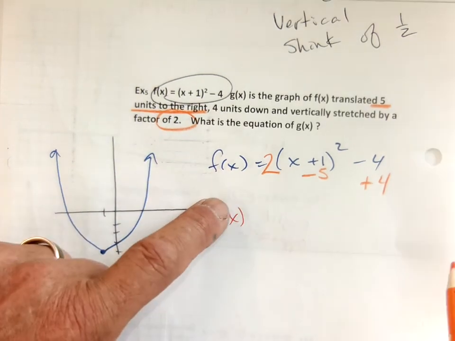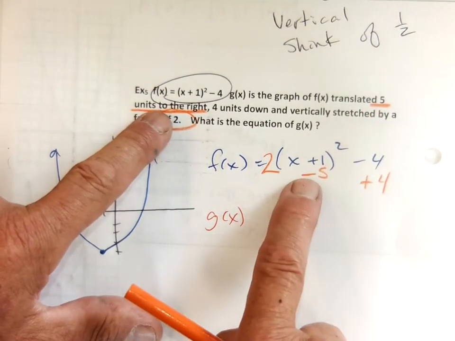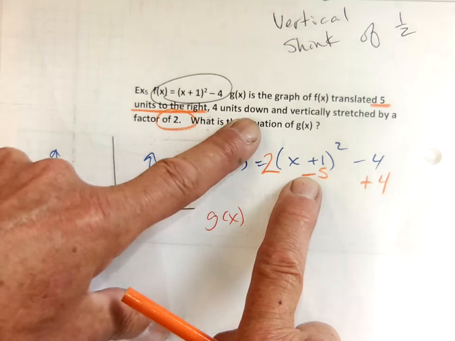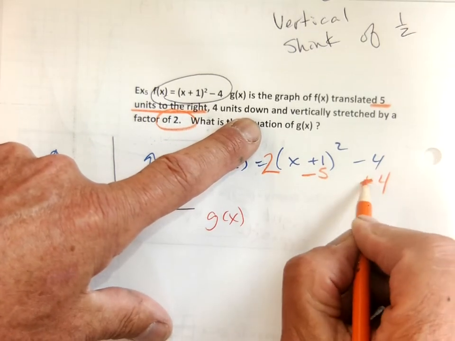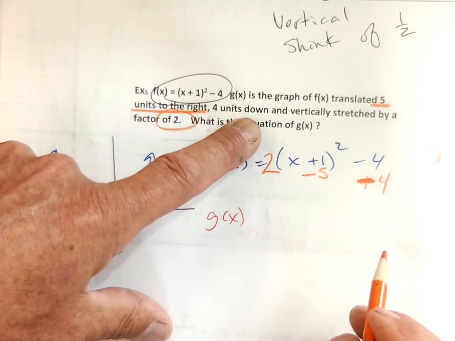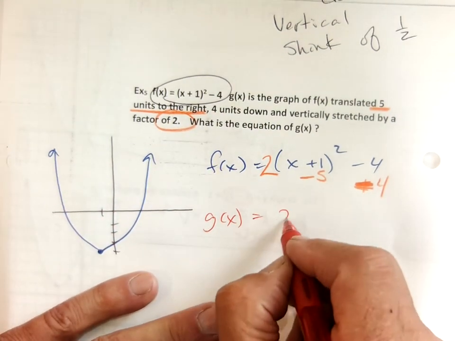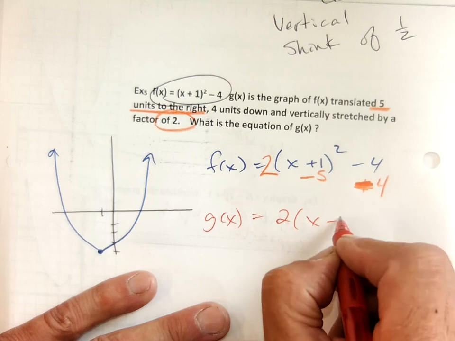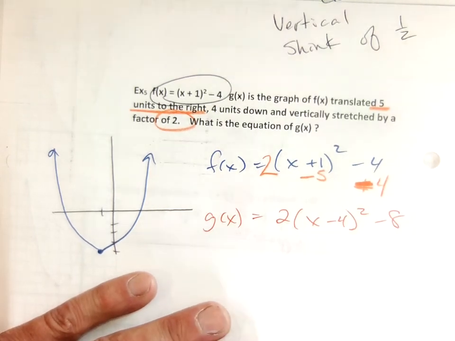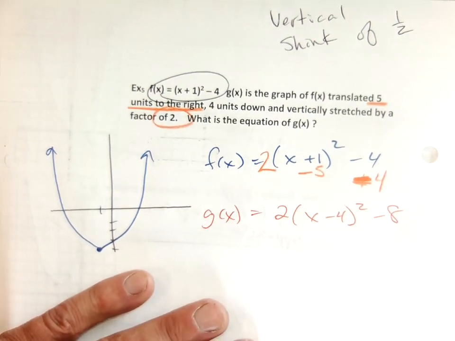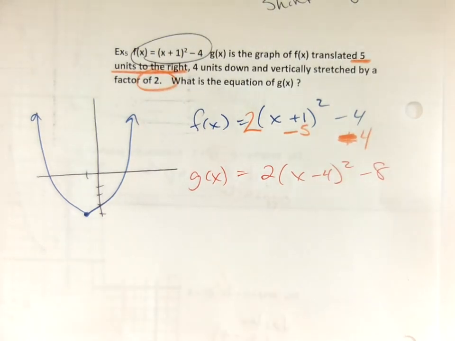So I take this graph, 5 to the right, 4 down. Oh, 4 down, I made a mistake. 4 down, right? So my new graph is going to be 2 parentheses x minus 4 squared minus 8. That's it. What do you think? Pretty easy? So